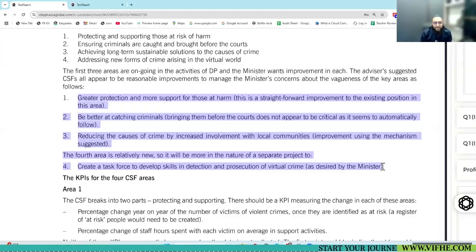Are these for efficiency? These are the outcomes that police requires to achieve, that the minister wants to achieve. These are the outcomes, which means all these four are connected to effectiveness.